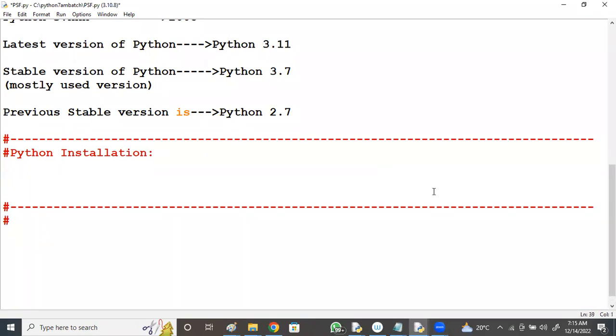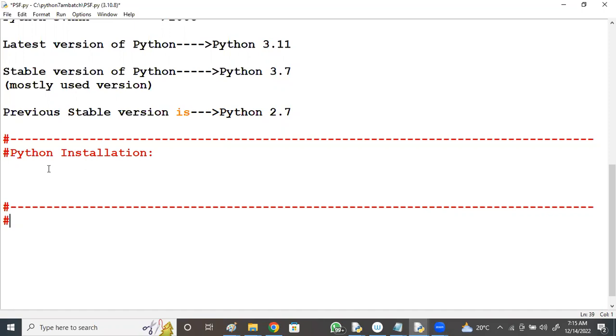Python execution modes. If you are using Python within the Linux environment, there is no need for any separate installation for Linux. But if you have an older version of Linux in your system, then you will see an older version of Python.